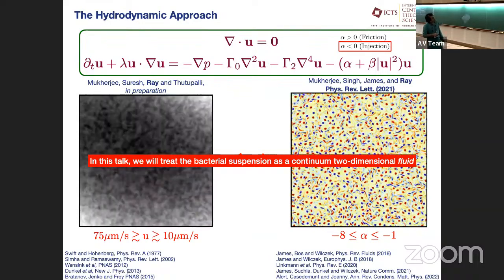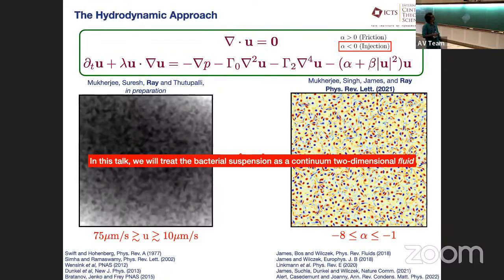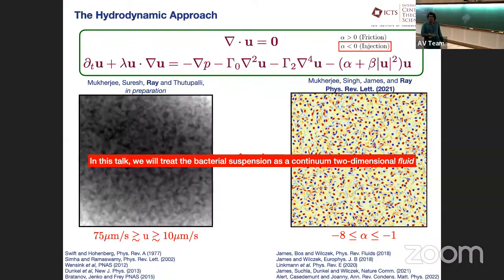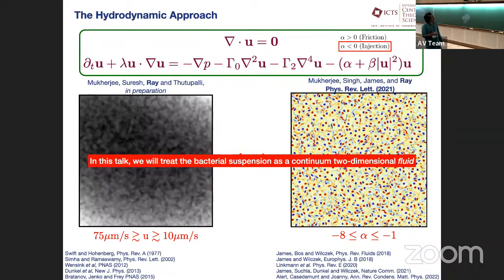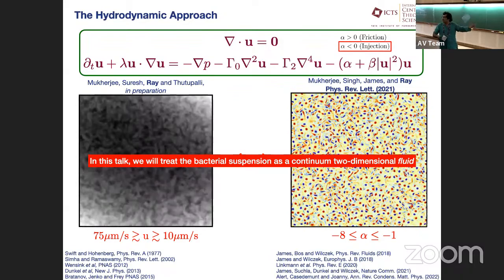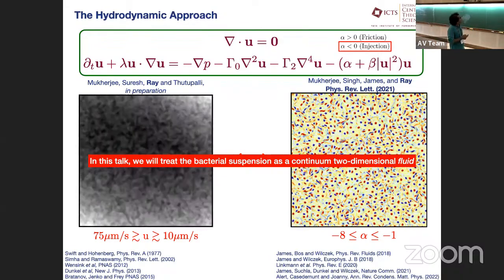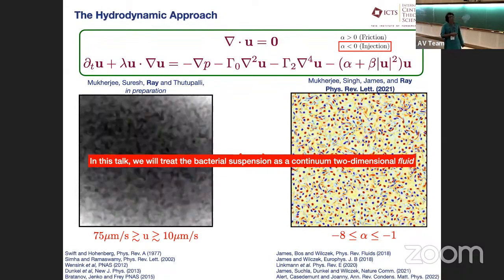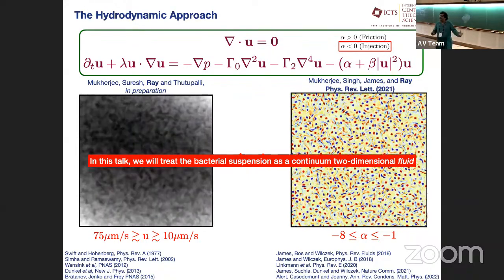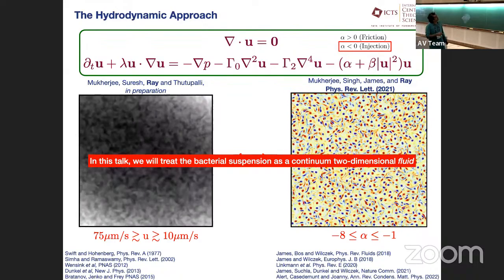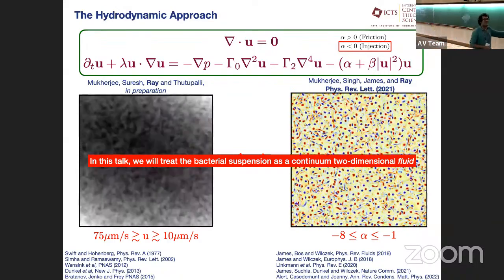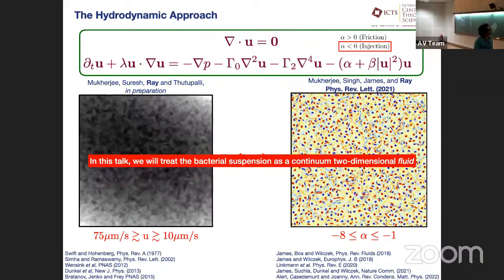Some of the references are here if you want, but what people in the 2000s or so eventually came up with is a coarse-grained description of this velocity field. Essentially, u is your bacterial velocity, the coarse-grained velocity, not of the individual. And then you have an equation which looks suspiciously like the Navier-Stokes, my comfort zone. Suspiciously, because it has all the wrong signs, because the modes are not stable, etc.